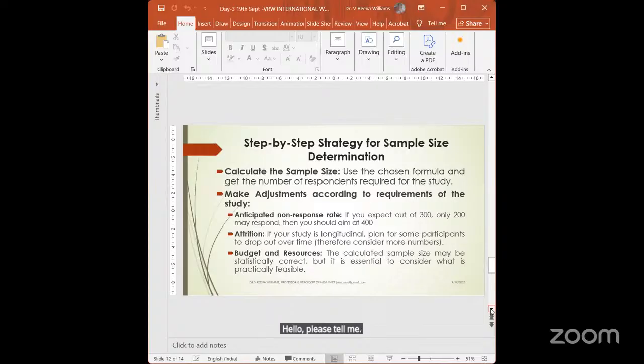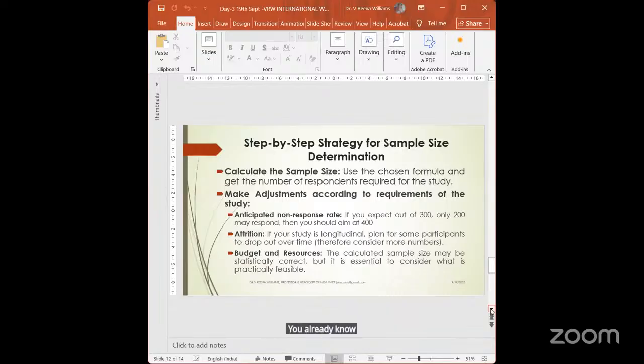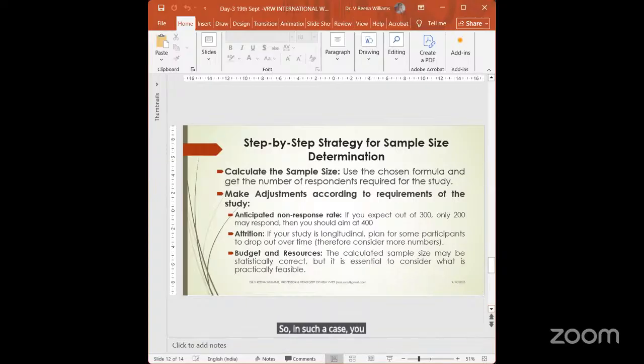My population size is 581. So what will be my sample size? If it is 580, then you use Slovin's formula, because you already know that your total population is known. You already know that there are 581 people. So in such a case, you take